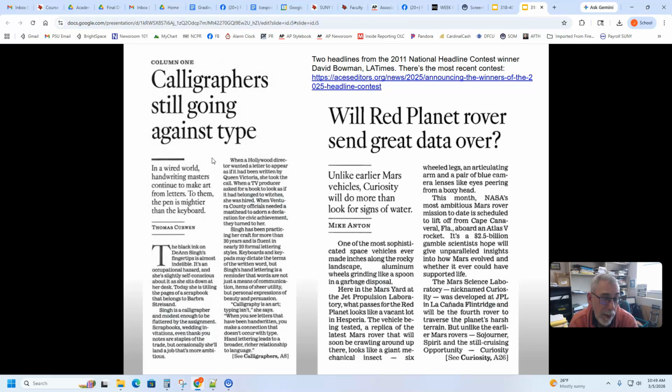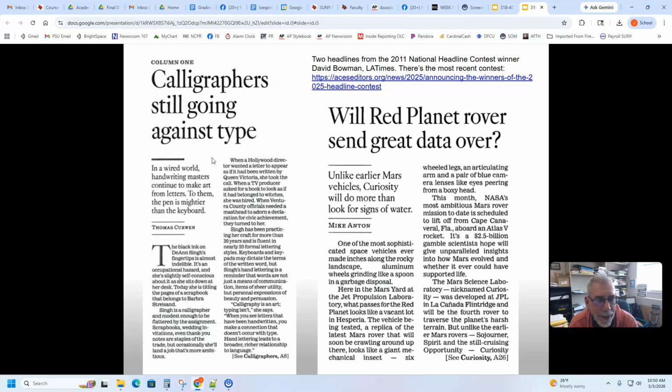Is it also interesting? Is it clever maybe? Does it match the tone of the story? There's so much more. These are a couple of award-winning headlines. Honestly, I'm always skeptical of award-winning headlines because they fail what we sometimes call the blink test. The blink test is, when you read the headline, do you understand what you're going to get in the story? And does it make you want to read the story because it tells you, this is what the story is about. This is what I'll get when I read the story. This is where the story is going.